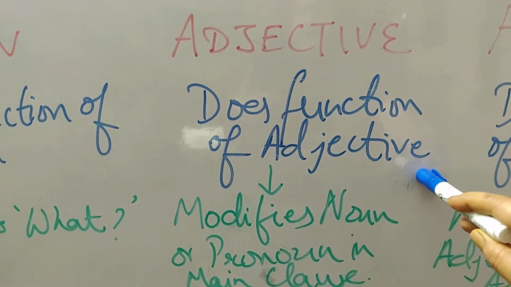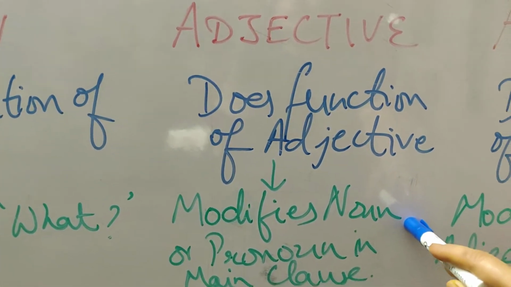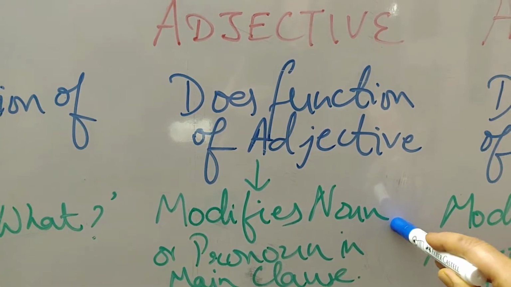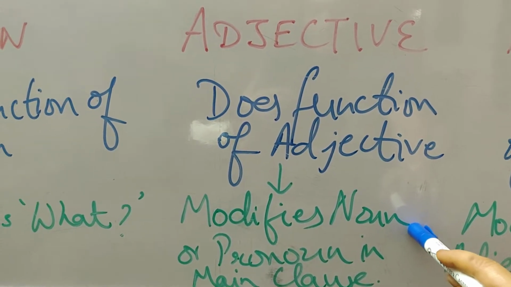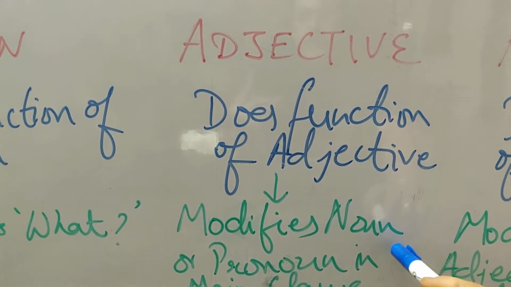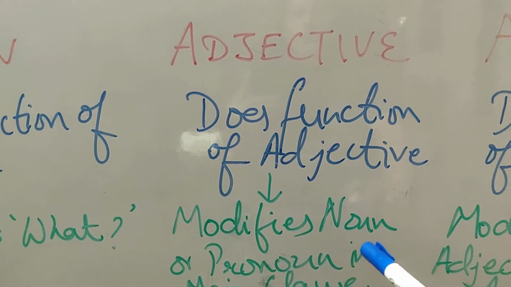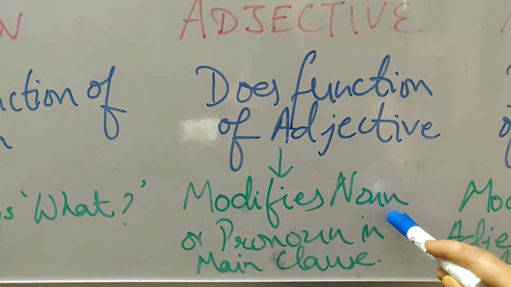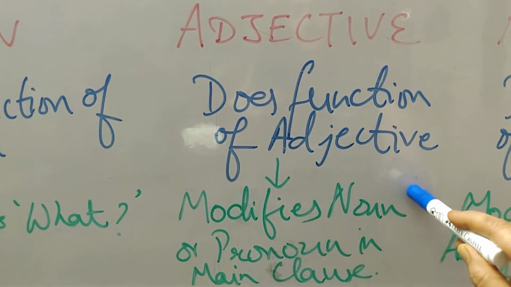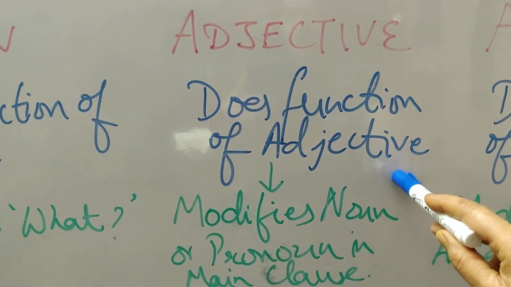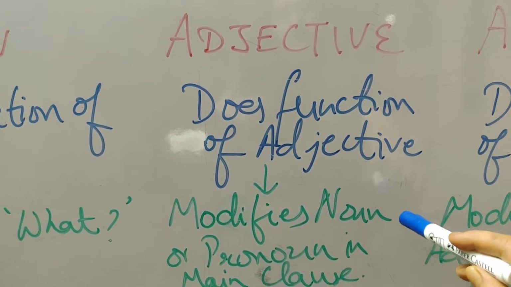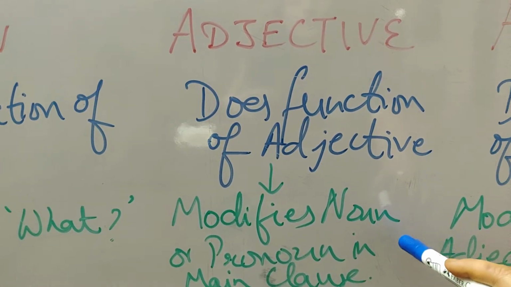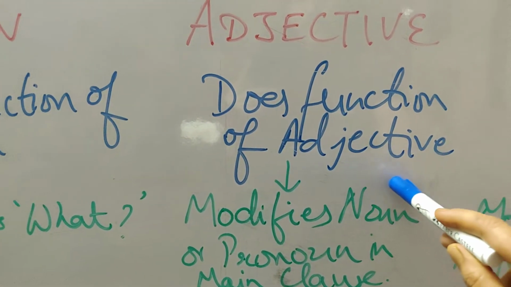Hope you have understood this. I can take some other example like, she went to New Zealand where she bought this cap. So the where she bought this cap part is describing the noun New Zealand. So New Zealand is the place which is being described. So it's an adjective clause of place. So where she bought her cap, that is describing New Zealand. So it's also an adjective clause.